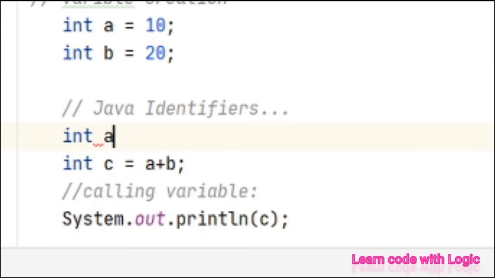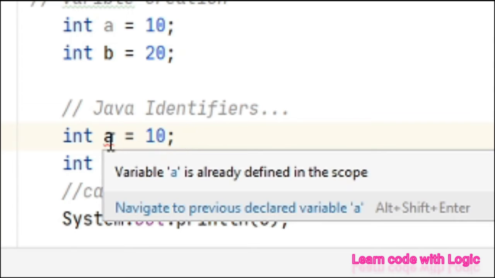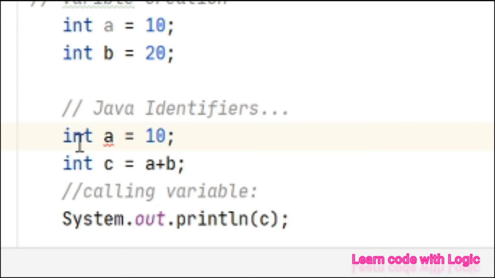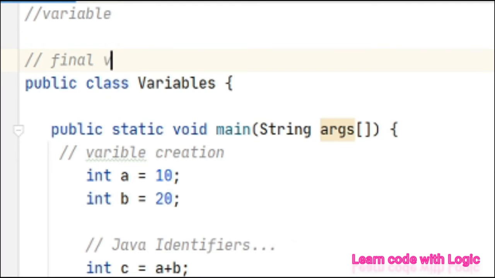If you want to create a variable again, it shows the error: variable a is already defined in the scope. You should not give the same name again. This is called giving unique names. The concept is Java identifier. We will also see some places with the final variable.